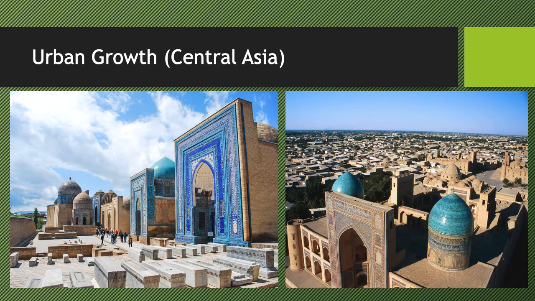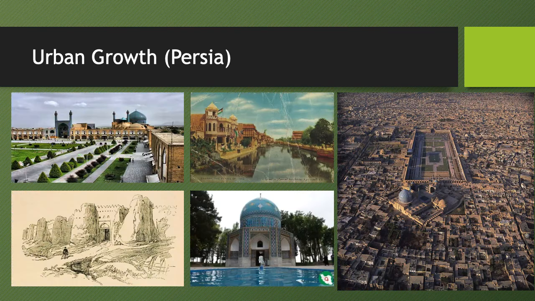So that's going to then contribute to the urban growth. And we're going to see this throughout the Islamic world, throughout Dar al-Islam. So here in Central Asia, cities like Merv and Bukhara and Samarkand, pictured here, are going to become bigger commercial centers. These were already important centers because going back to the ancient times when the Romans traded with the Han Chinese, these were stops along the Silk Road. So these were trading centers back then, but now we're going to see them grow even larger.